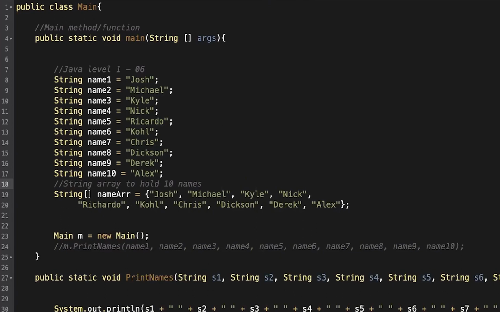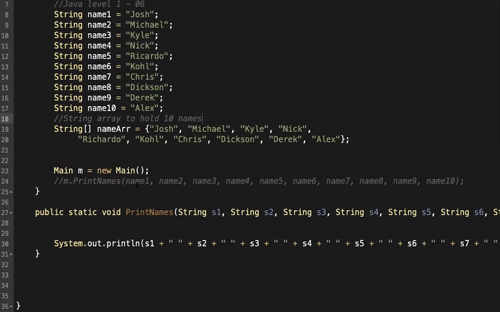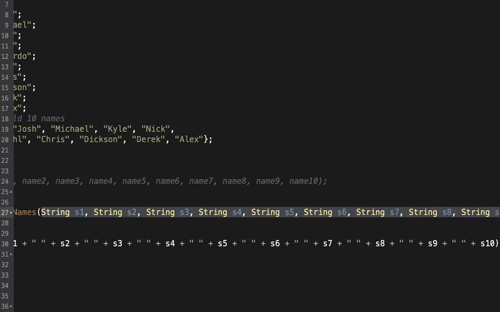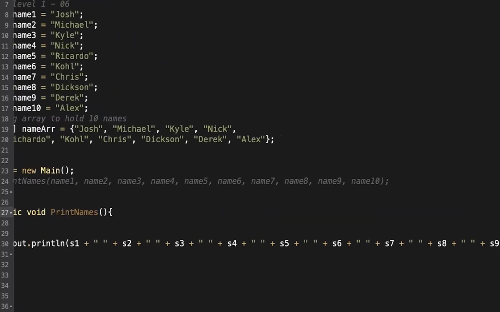Now, I have the same function as before, all right? But how about I just edit this function to, instead of taking all of this garbage right here, okay, that takes up the entire page, to just taking in one string. Do you guys think that that's a possible thing? And if so, how would you assume